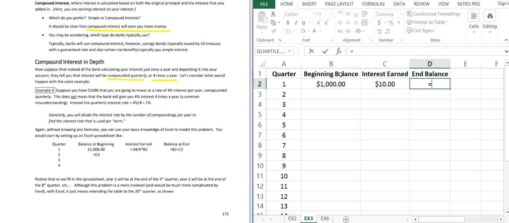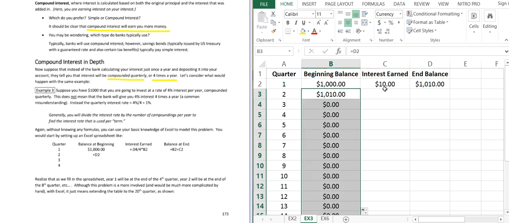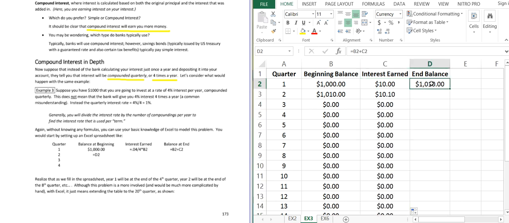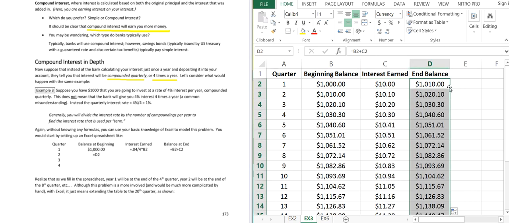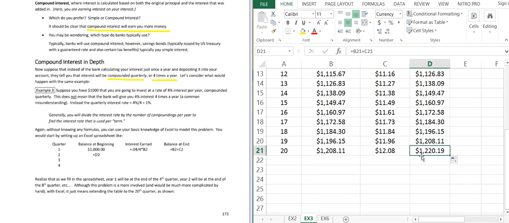Again, end balance at the end of that quarter is beginning balance plus interest, cell referenced. And then we start our new quarter equal to the end of our last quarter. Now that we have all that, we can go back to the last 3 values we've just done with formulas, hover in the lower right-hand corner and double click, or click and drag if you prefer. And again, it takes a minute for everything to fill in because of all those empty cell references. Once we do, let's scroll down to see that after 20 quarters, which is really 5 years, we now have an end balance of